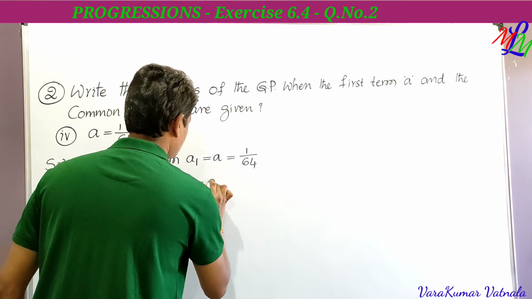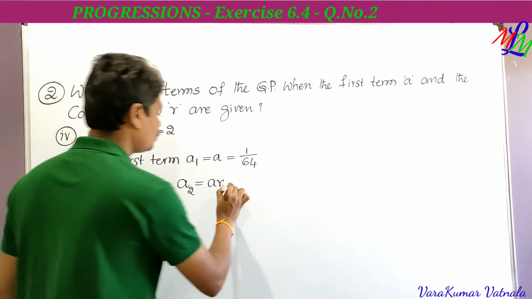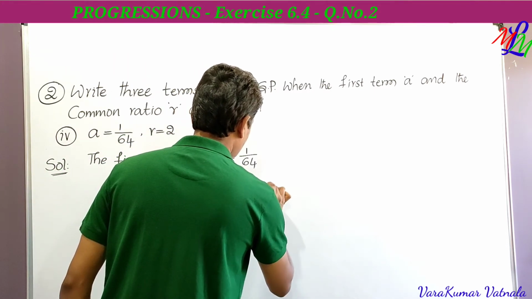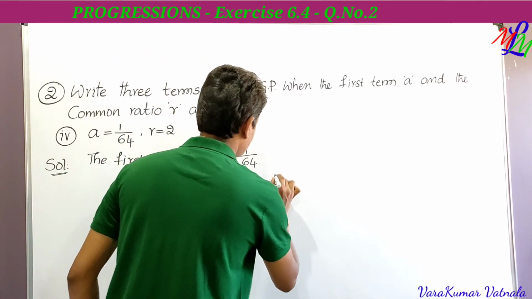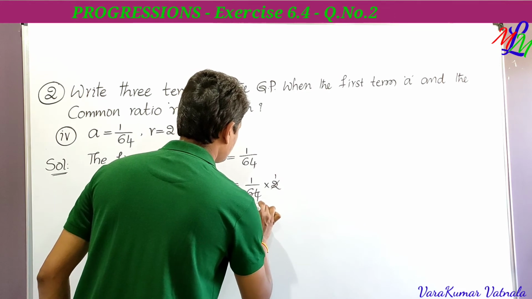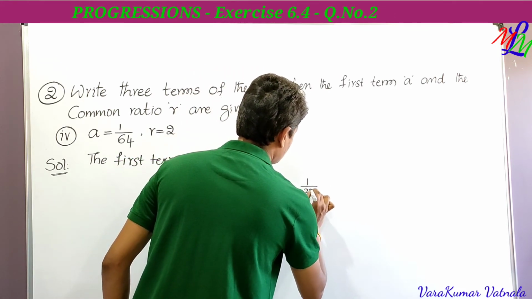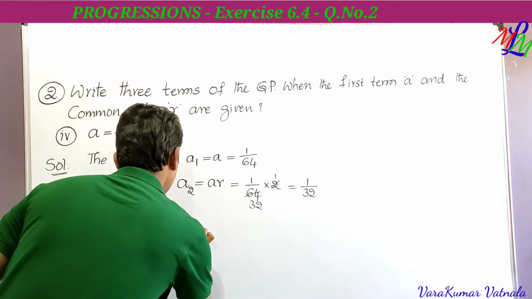So a2 is equal to a into r. The a value is 1 by 64 into the r value which is 2. So here we can cancel 2 ones and 2 32s. So here we can get 1 by 32. 1 by 32. And the third term a3